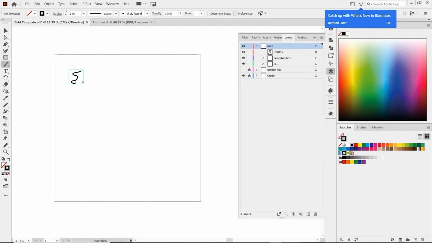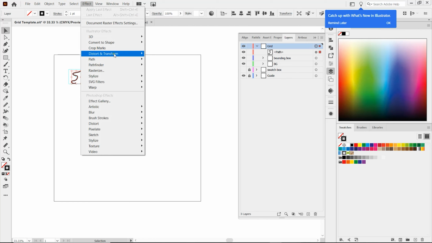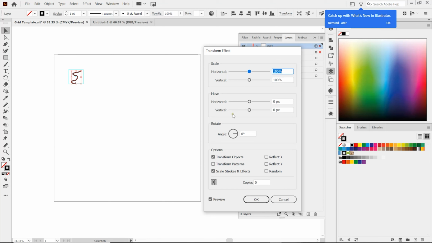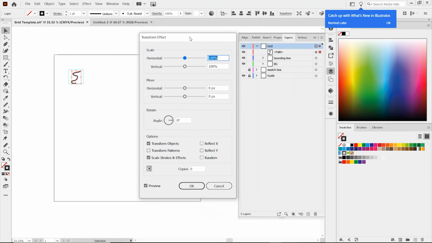We need something here to proceed, so we need to select the grid and the mark. If you click on the little dot here, you will select both of them, and then you go into Effect, Distort and Transform, and Transform,